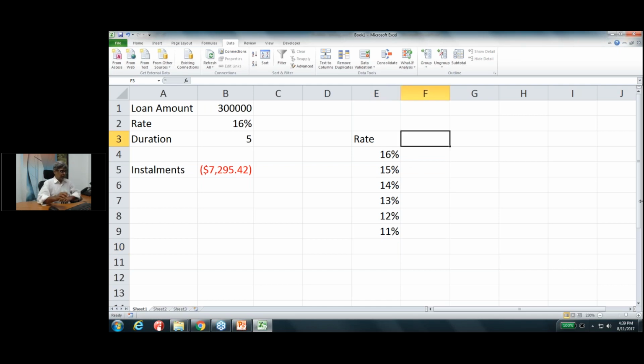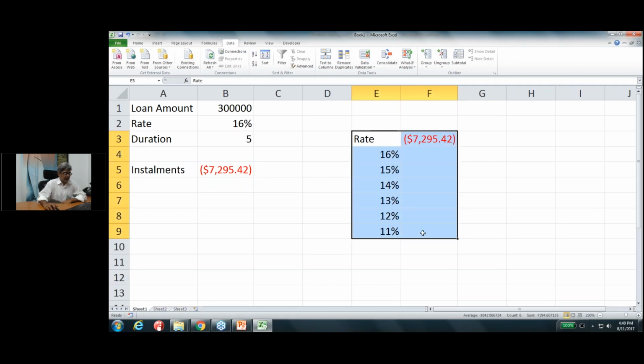So in order to do that, we need to replicate this PMT function right in this cell. This is the model that we have just created. Just click that. B5 contains the PMT function. We have used that reference and just select it. After this selection, we need to click the data tab, then go to data tools, and then what-if analysis. Once you click that, click data table,